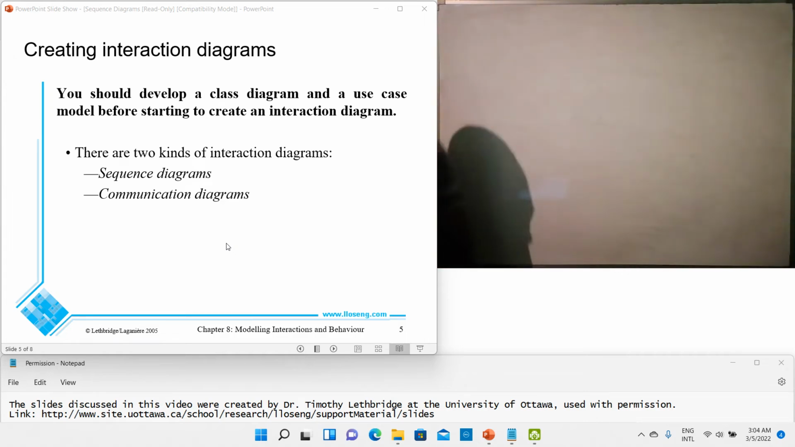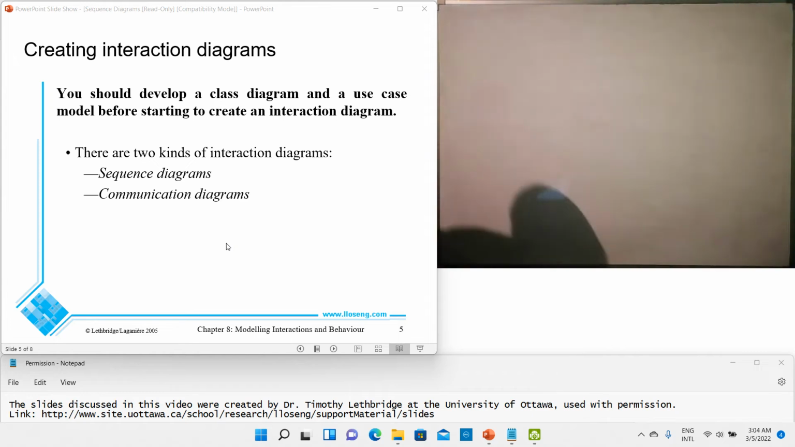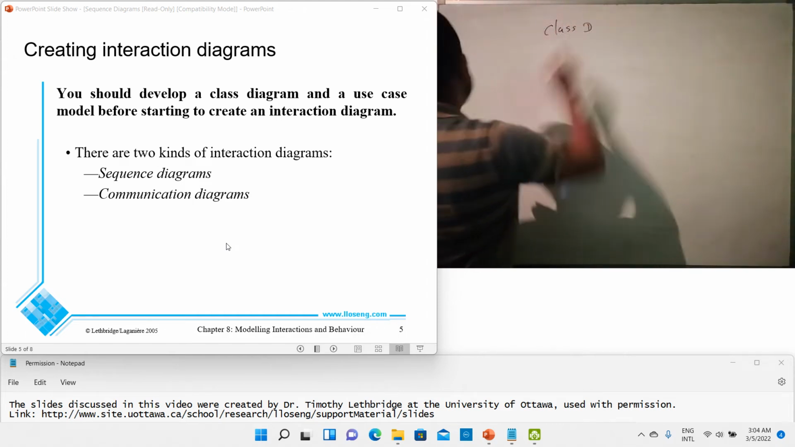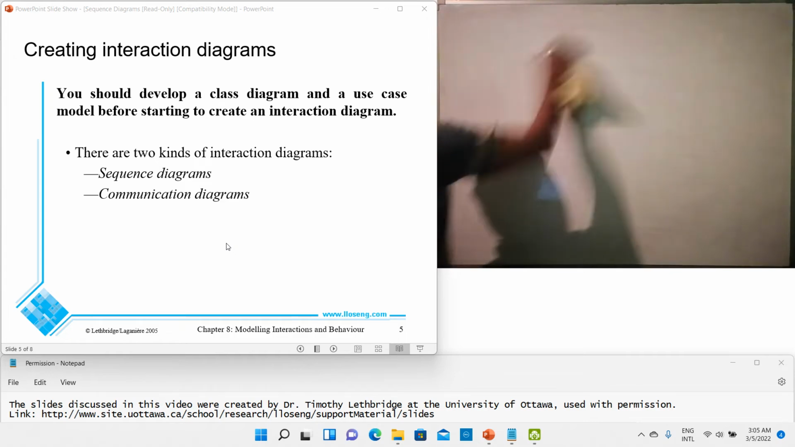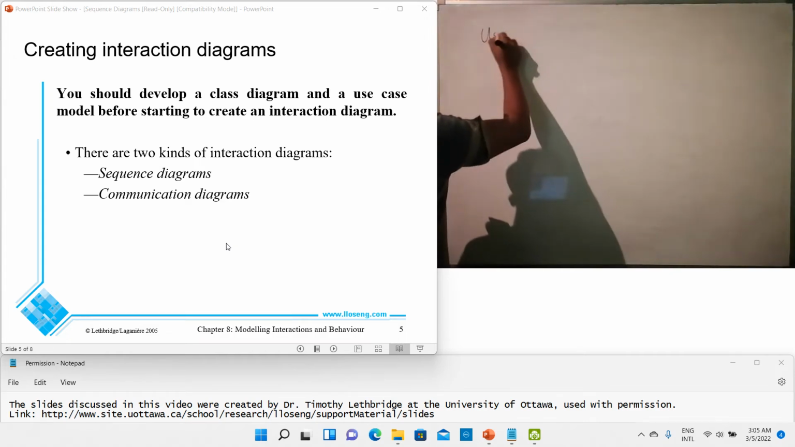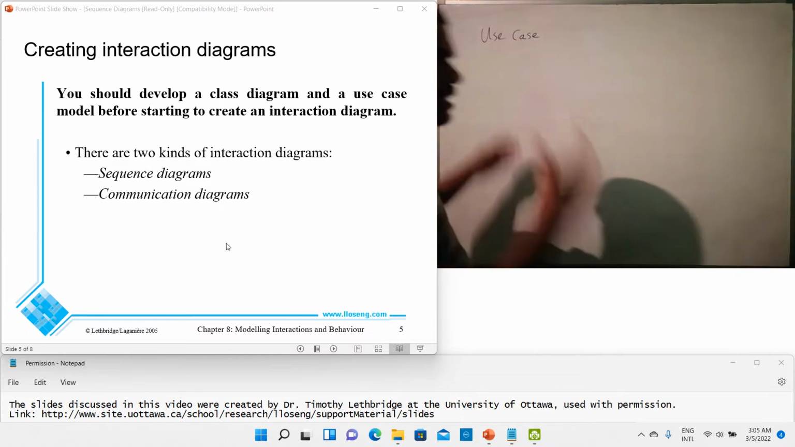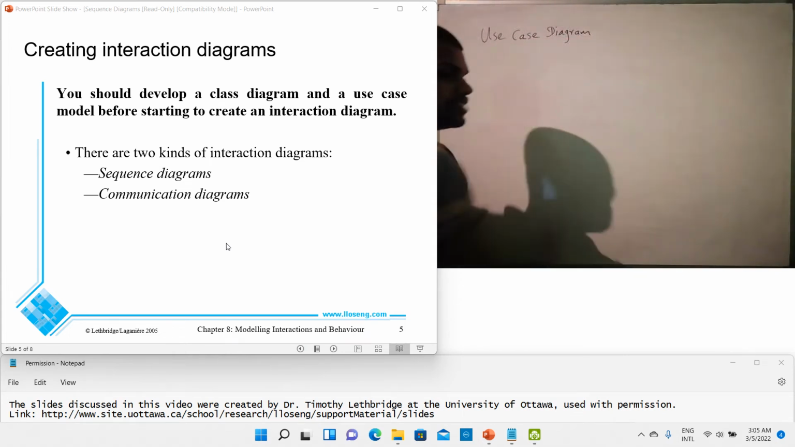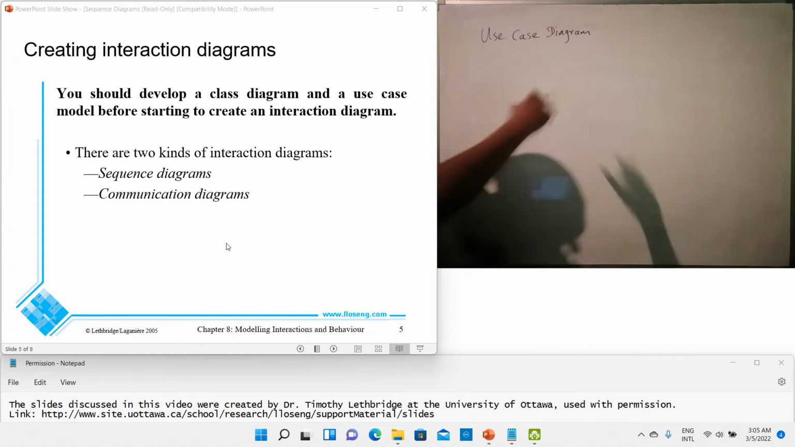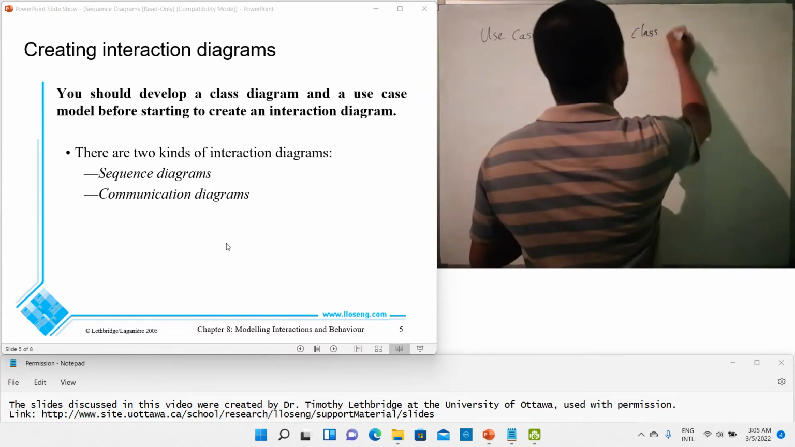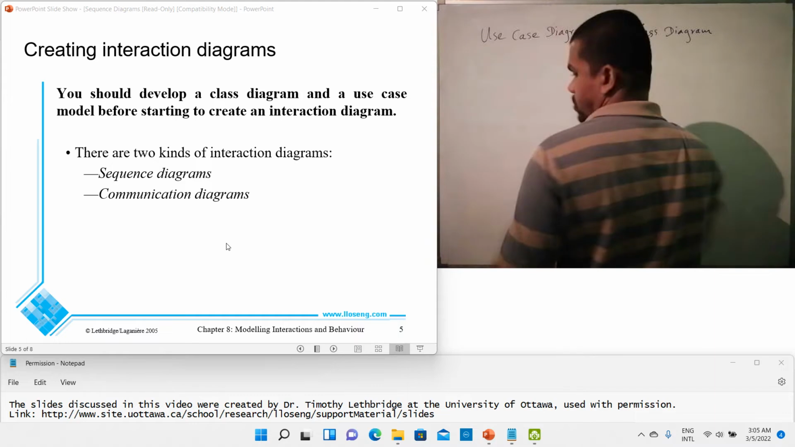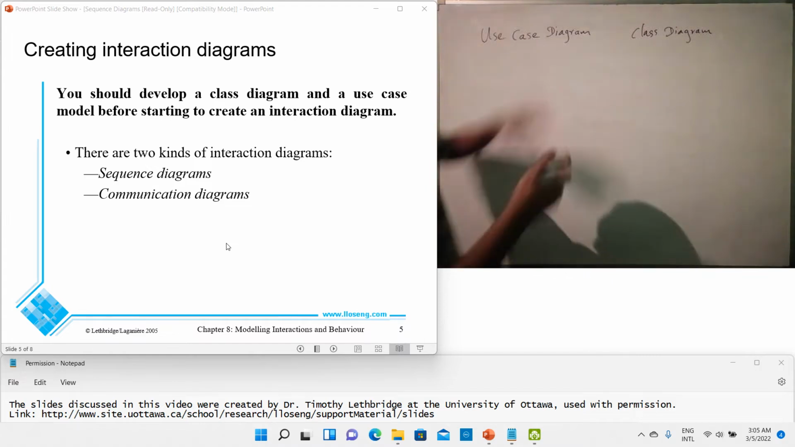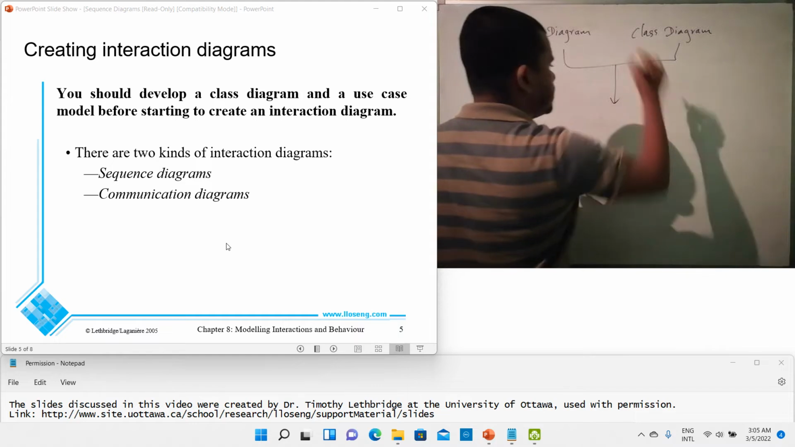You should develop a class diagram and a use case model before starting to create an interaction diagram. When we design a software system, first you have to gather requirements and analyze them. In order to do those things, it's better if you use a use case diagram. Then it's better if you can draw a class diagram in order to design the static structure of your software system. Then you need both of these diagrams in order to